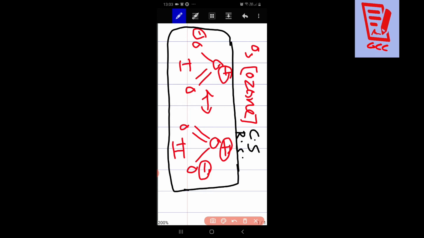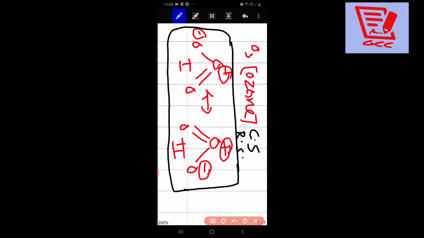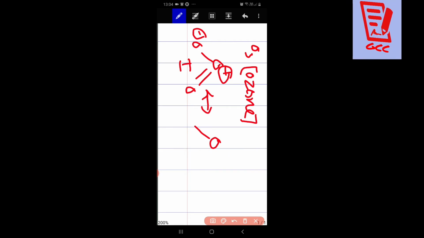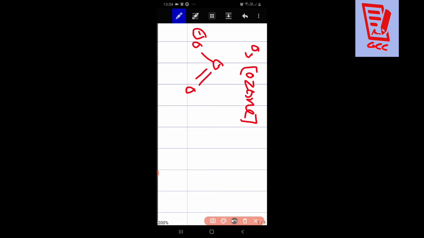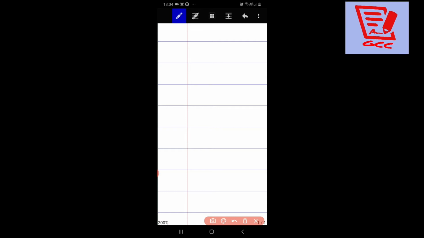Fine. But after that we also have to make its resonance hybrid. Whenever we make the resonance hybrid, it means the double bond is here, the double bond is here, so the double bond can be anywhere in the resonance hybrid. That is where we have to start. All of you see, now I am going to make a resonance hybrid for these two structures. Now for the resonance hybrid, see it very carefully. The resonance hybrid of ozone will be like this.